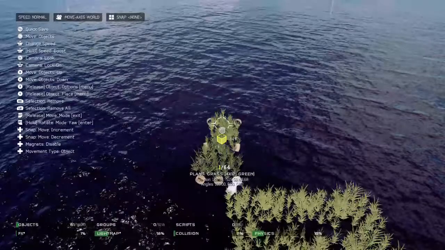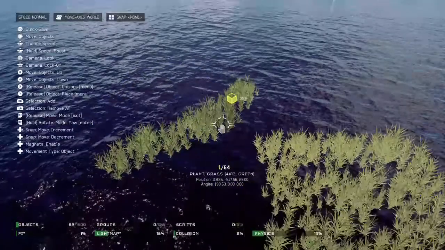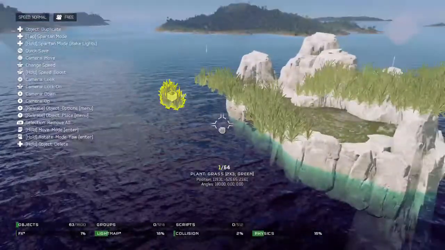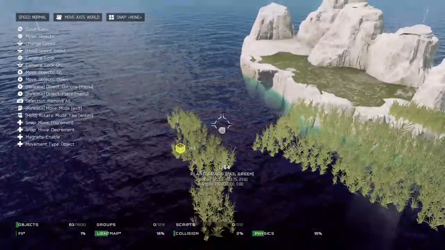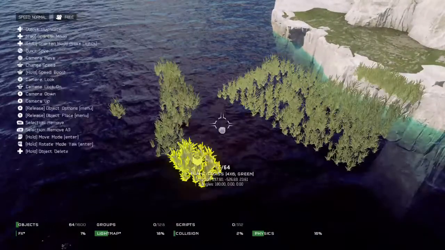So we'll just do something kind of like this. Turn that a little bit. Duplicate that. Flip that around. Kind of make your own little patch of your own type of grass. Now don't forget to use magnets so that way it evens it out. And don't touch the A or the B button. Don't fly up or down here because that'll mess up your little...